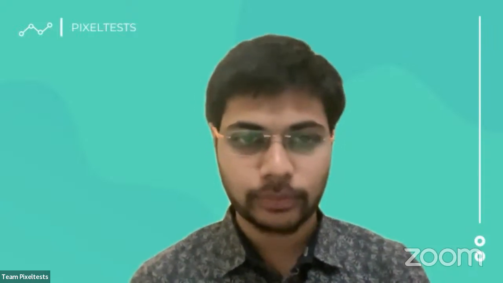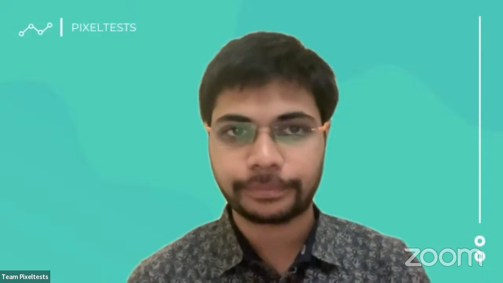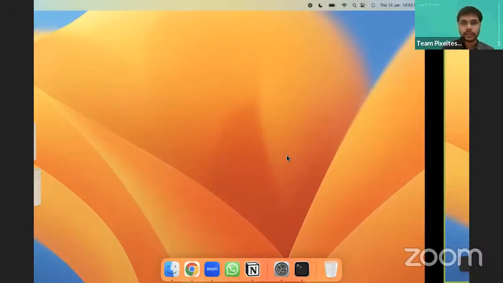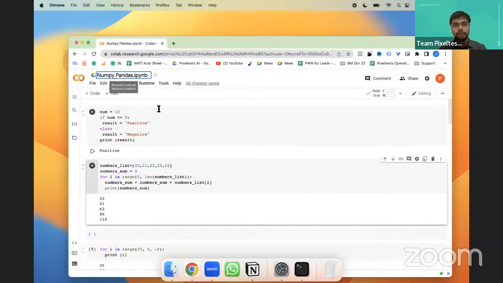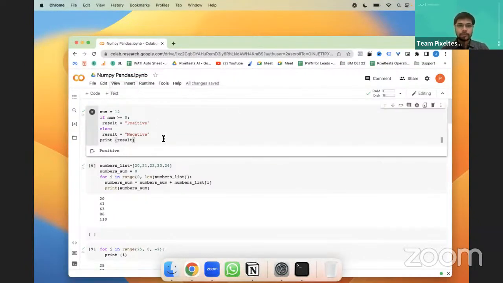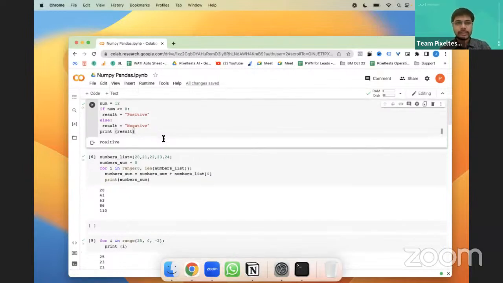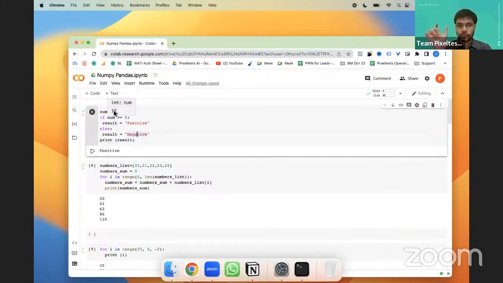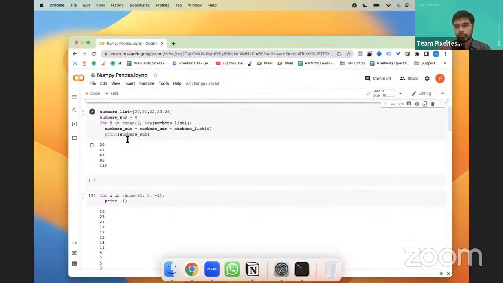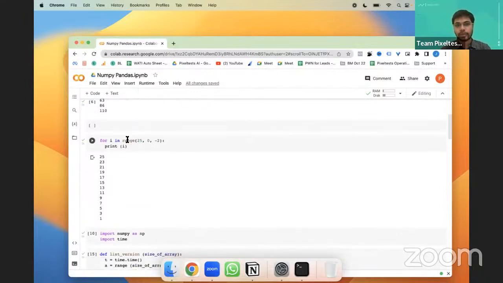Let me share my screen. Great, right? So the NumPy and pandas. So how do you do that? So in the first module, we see that Rajesh sir also covers how if and else works, how you can see if the number is greater than 0, it is positive, else the result is negative. So you can go ahead and follow Rajesh sir's lecture also, or else you can even continue understanding what we are doing here, right?